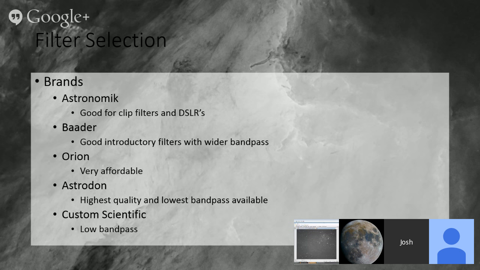They were, for me, nice introductory filters. Well, they worked well. They let me actually expose longer and start gaining some signal. They worked especially well in hydrogen alpha. The 7 nanometer hydrogen alpha filter was kind of my first real successful set of images, and the O3 filters